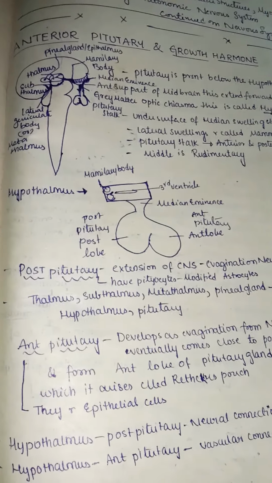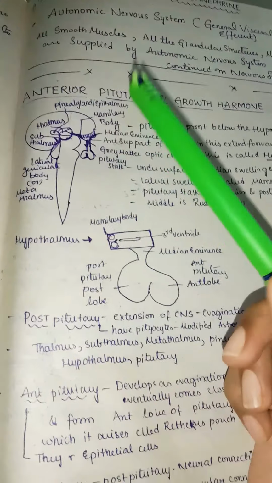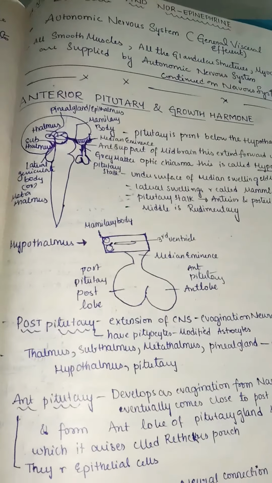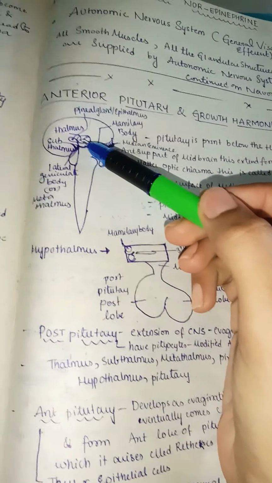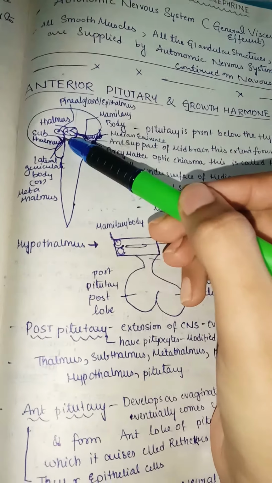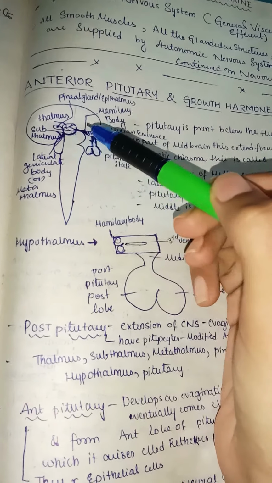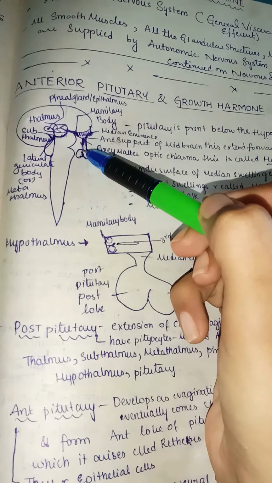Going to start the anterior pituitary and growth hormone. So first we need to understand where the pituitary is present in our body. In our brain we have the hypothalamus region. Actually, this is called the thalamus. This is called the subthalamus, and in the front we have the mammillary body, and that mammillary body extends into the